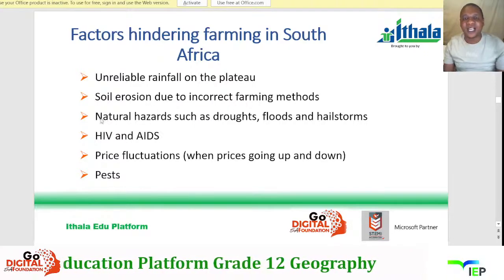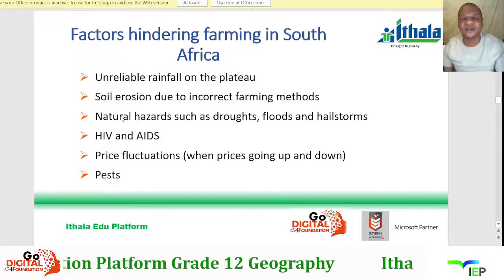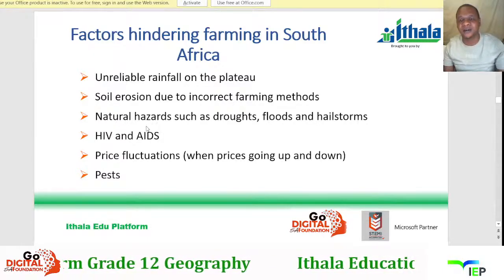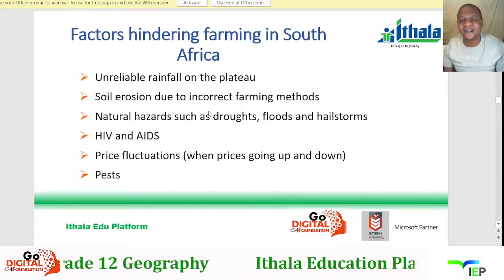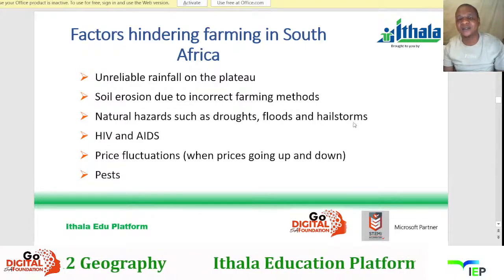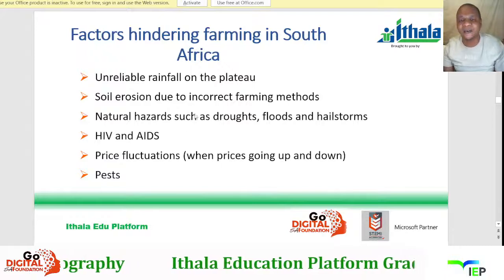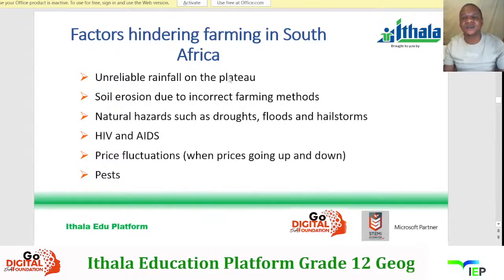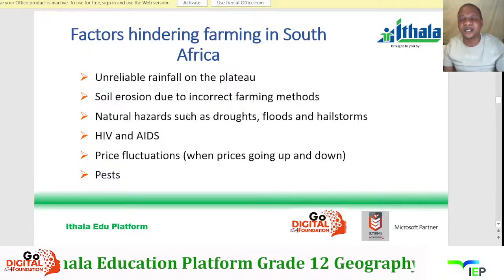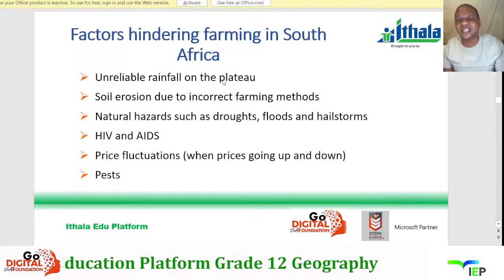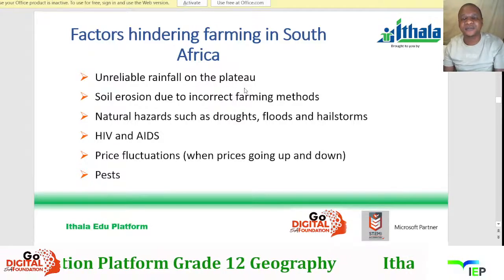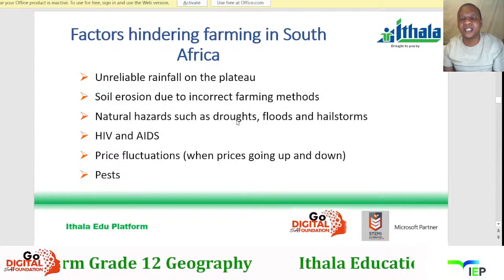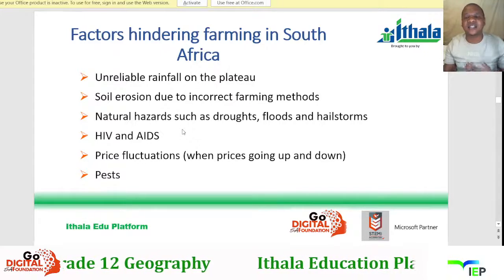Alright, now in South Africa ke uzokhumbula grade 12 ukuthi sinama natural hazards amaningi ke esifacane nawo, such as droughts, such as floods, such as hailstorms. So wonke lama hazards lawa, they cause a negative factor towards farming yethu ukuthi yenziwe kahle. So especially in those areas that we call plateau, these are drought prone places, so which means drought iyenzakala most